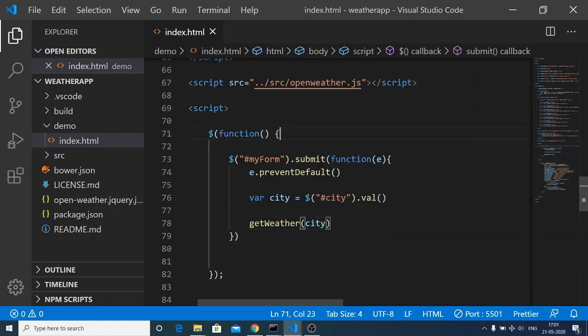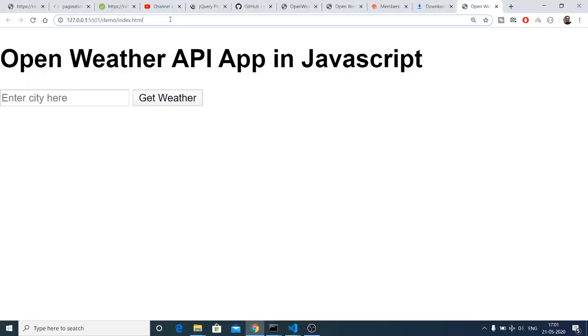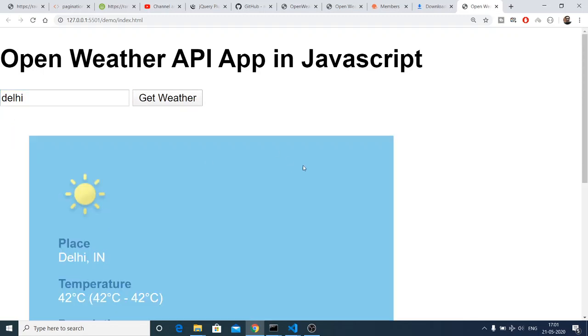That's it. So now the application is complete, and now if I test the application in the browser, if I enter a city name Delhi, click get weather, you will see that the application is changed from static to dynamic. You can change this from Delhi to West Bengal. You can see that. Change this to Florida, and you can change this to Islamabad. You can see that. So now the application is complete, guys.